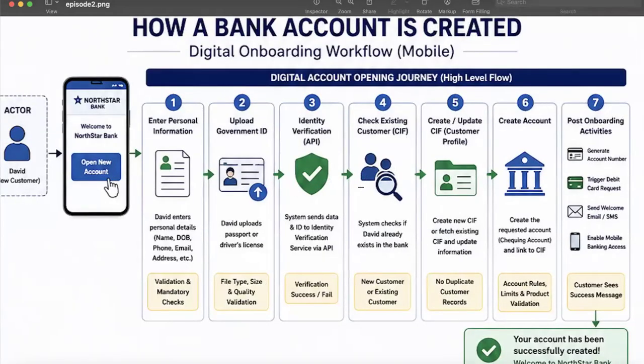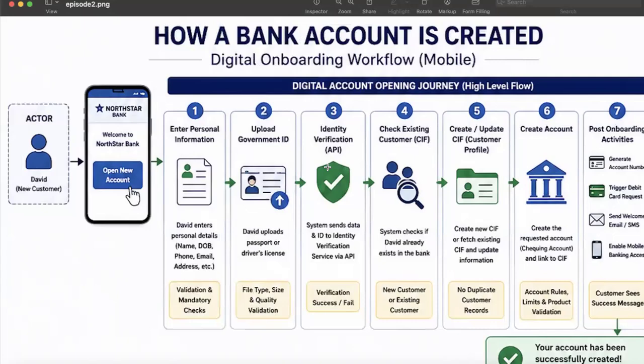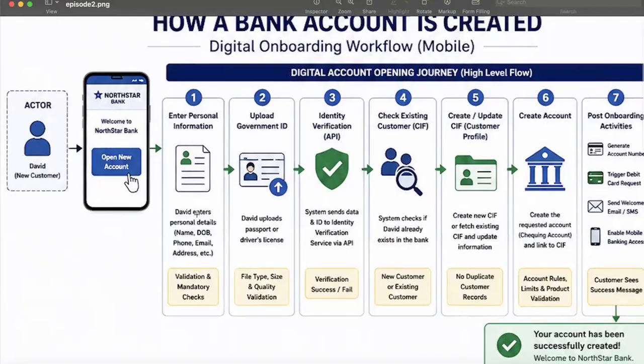Onboarding is one of the most important banking workflows because this is where the customer comes to the bank to do business, right? So now let's walk through the full journey step by step. Let's understand this journey. Okay. So step 1, here you can see David is providing personal information: first name, last name, date of birth, phone number,